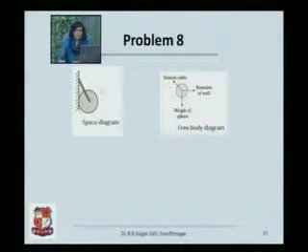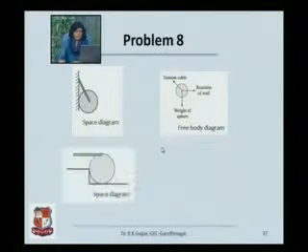The force in the cable, that is this. The force which is being exerted by the wall on this sphere is this reaction of the wall, and the weight of the ball itself, the sphere, that is weight. Remove everything else and your force system is simplified into a free body diagram comprising of the tension T, the reaction R, and the weight W of the sphere.